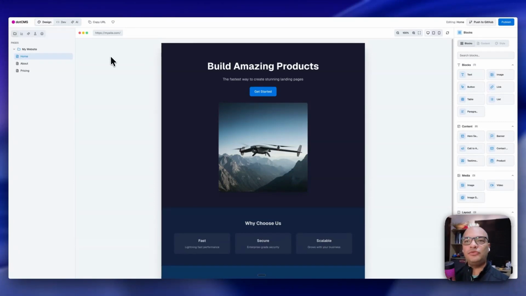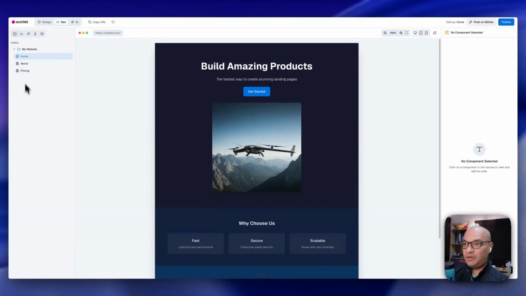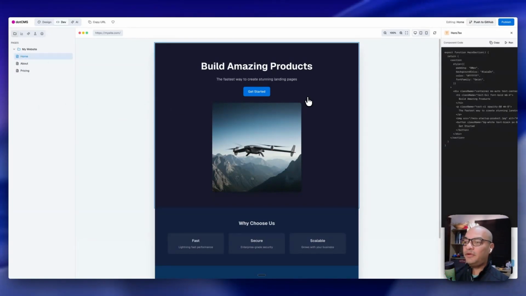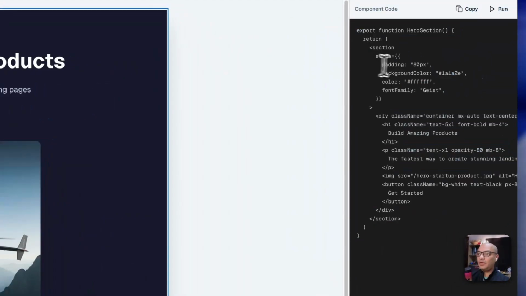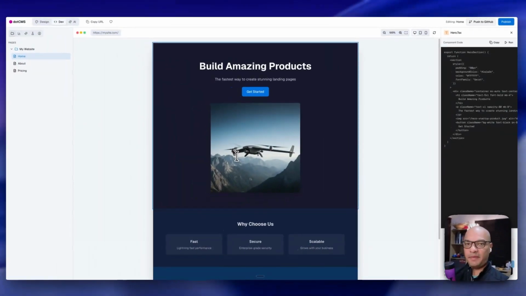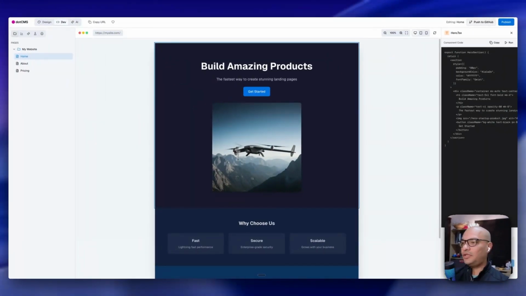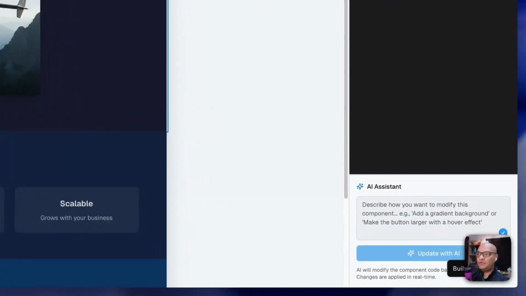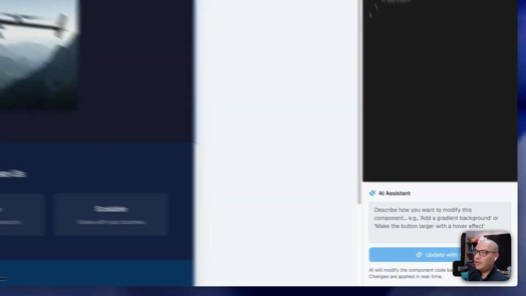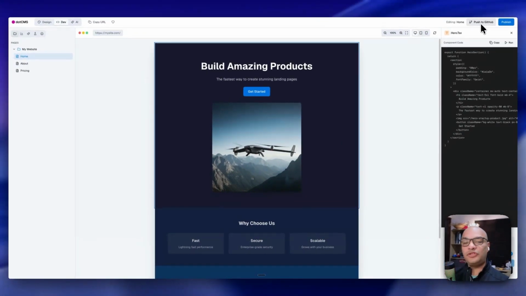But we want to introduce the dev view of UVE. And the dev view is very similar, with the difference that you will have access to the component code that is driving this page. Whether it's headless or traditional, it doesn't matter. And you can prompt and use AI to improve this component, to fix it, to add new components, everything. And of course, you can push those changes straight to your GitHub repo when you're ready to do so. But we also have